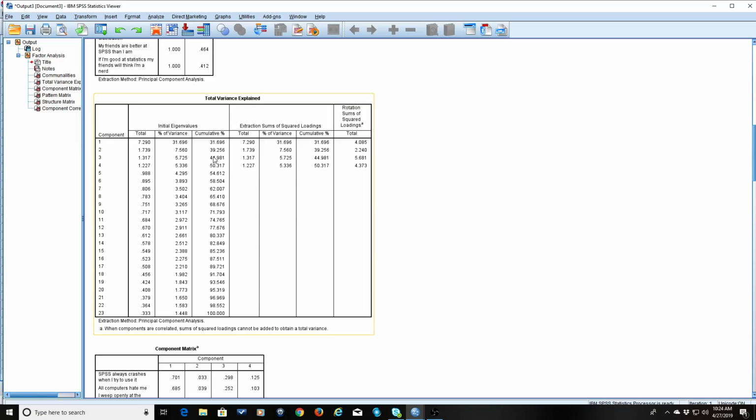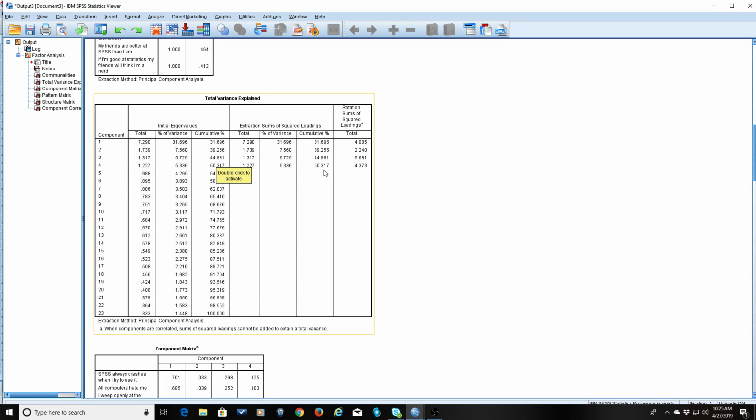Well, 4 of them, only 4. And then what percentage of the variance do they explain? That's this total number here that I'm pointing at, 50%. Okay, so number 1 explains 31%, number 2 explains 7%, 3, 5.7, 4, 5.3, and this is the cumulative effect. Number 1 by itself, number 1 and 2, number 2 and 3, and then 1, 2, 3, and 4, they